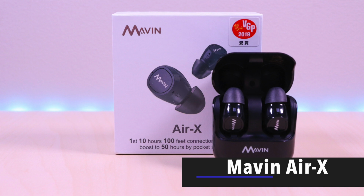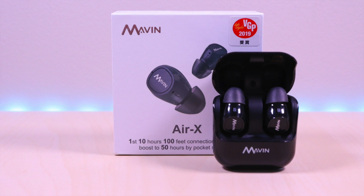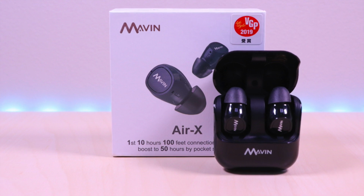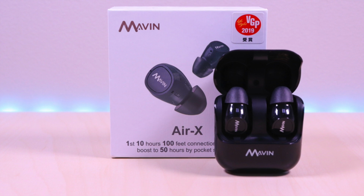These are the Mavin Air-X True Wireless Earbuds. These earbuds have long battery life and range. They come in 5 different colors. I will be taking a look at the specs, features, and provide microphone samples, and then give my final thoughts